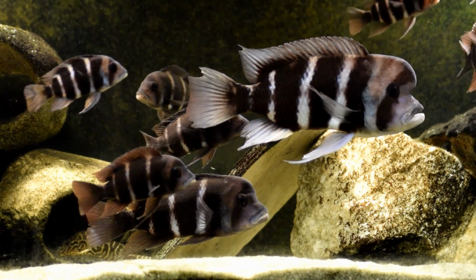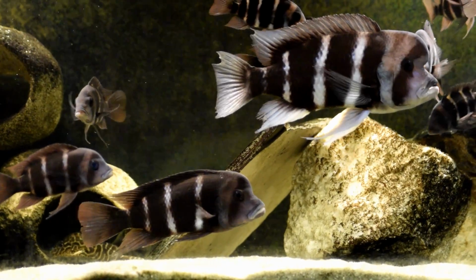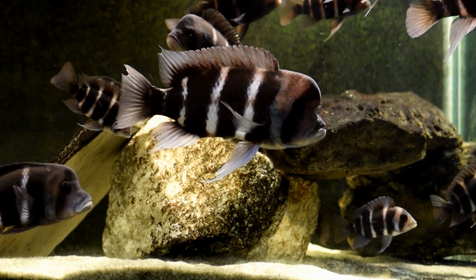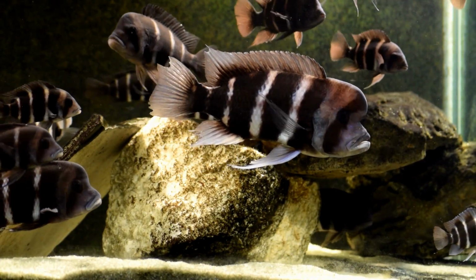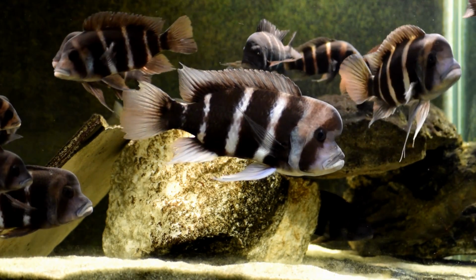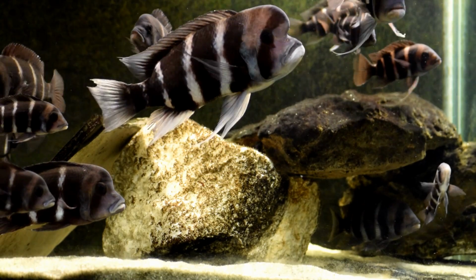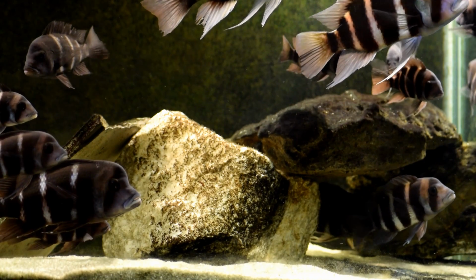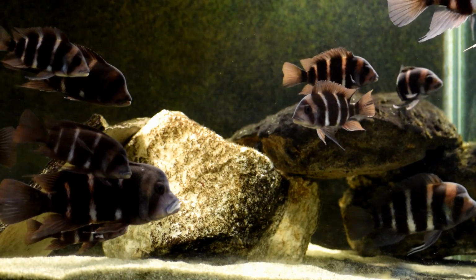If you have all full size, because these aren't full size, even that big male you see in the center of the screen, he's not full sized yet. So in the future, I may have half as many frontosas in there, but that could be another year from now. Frontosas are very slow to grow. So, this is an issue that you might want to think about, but it's not one you have to decide in a few days or even a month, unless you're having some